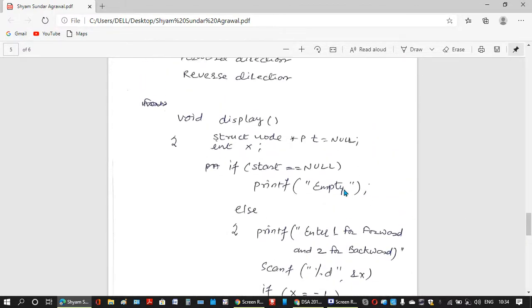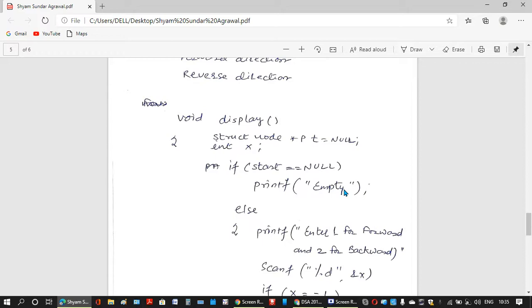Some students keep asking, sir, there can be other ways also. I want to give in the menu itself the two options, print in reverse direction, print in forward direction. Yes, you can always do that, and you can modify according to your functions. You can write two display functions, display forward and display backward, or you can write only one display function and still take the choice in the main function.